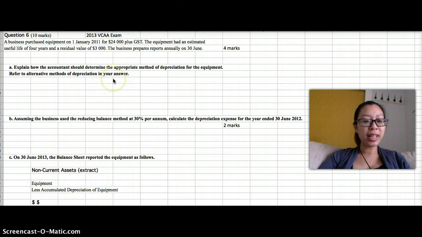Okay, so on the screen today we're doing an exam question from last year. It covers chapter 15 on non-current assets. So looking at the question here, the whole question is worth 10 marks, and part A,